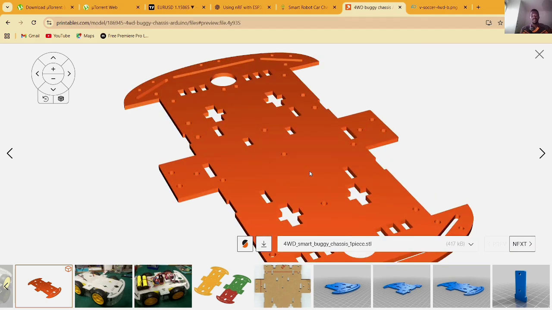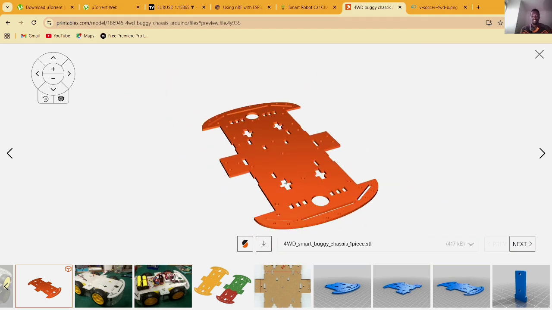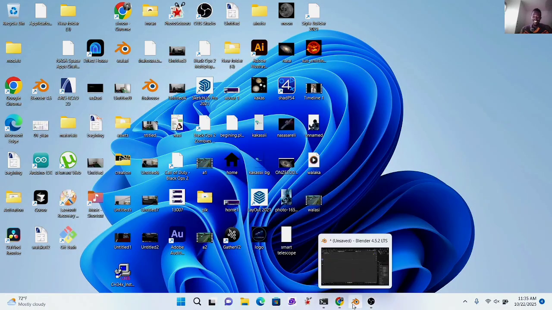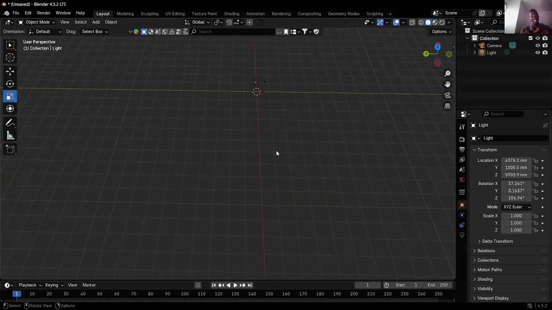So this is what I came up with. I have downloaded this. It's a .stl file. Then this is my inspiration for a soccer board I'm creating. I want to create something like a shovel at the front here. So with my little knowledge in designing in Blender, I've decided that I'll recreate